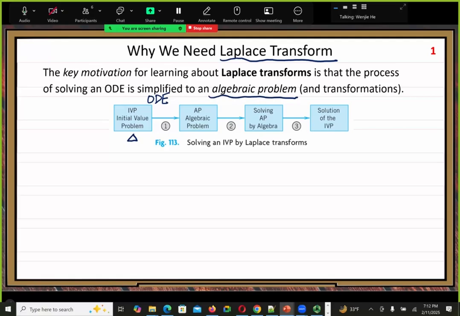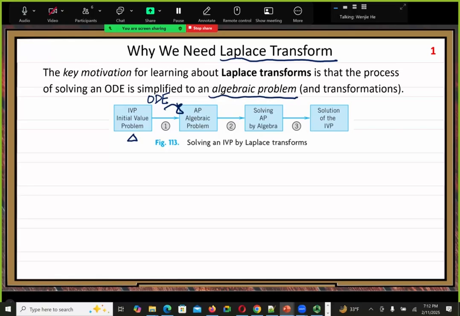If you need to consider derivatives, second derivatives, integrals, then it's much harder. So if you have some way to help you convert from an ODE to an algebraic problem,